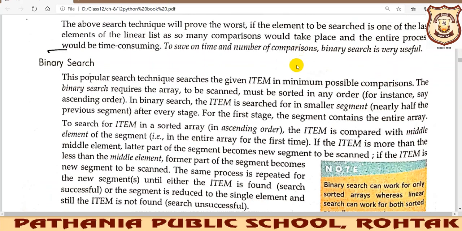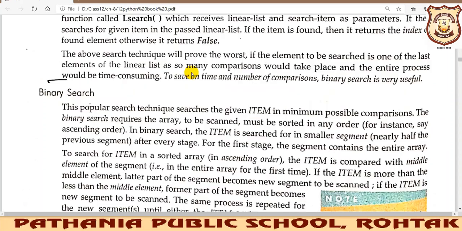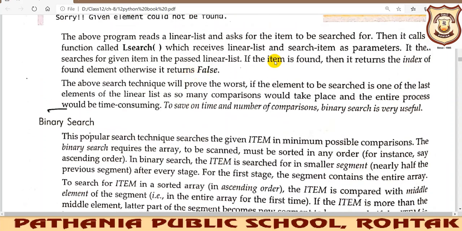And today we'll be starting with a new topic, that is binary search, that we have covered in a previous chapter, also in chapter number 6. That is actually not in your syllabus now, but we have covered this topic there. And this topic you might have covered in your class 11 also. So I'll be giving an overview again to you, and I hope you will be able to understand it.